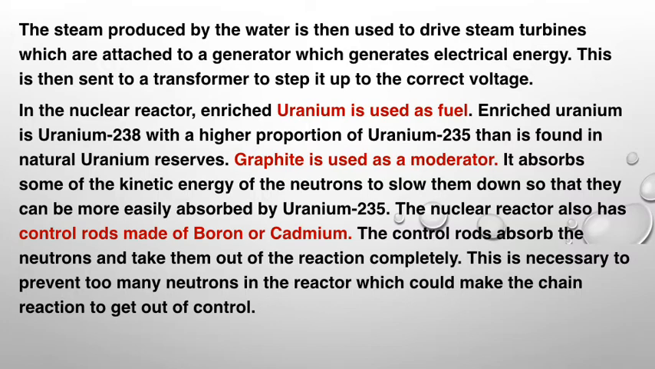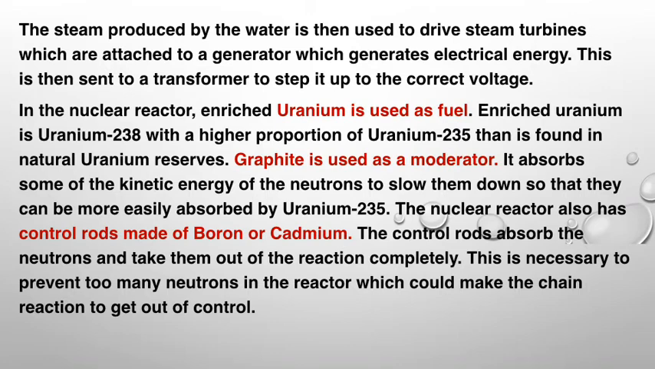Now, in the nuclear reactor, we use uranium as the fuel, as I said earlier. So uranium is used as fuel. Graphite is used as a moderator. At times it may be water. Some nuclear reactors actually use water as a moderator. What the moderator does is that it absorbs some of the kinetic energy of the neutrons so that the neutrons get slowed down. Now, slow neutrons are more easily absorbed by uranium-235. That's why we need to slow down the neutrons so that uranium can absorb them,